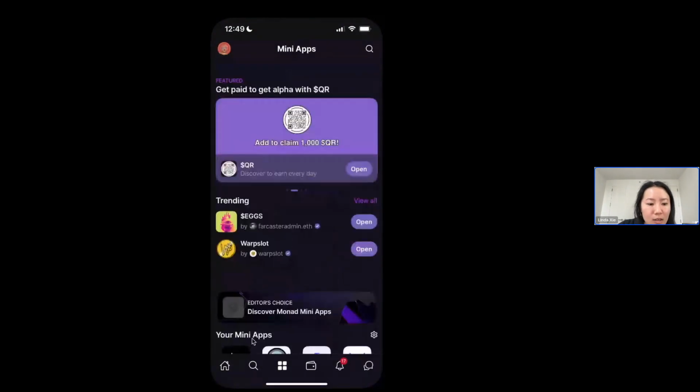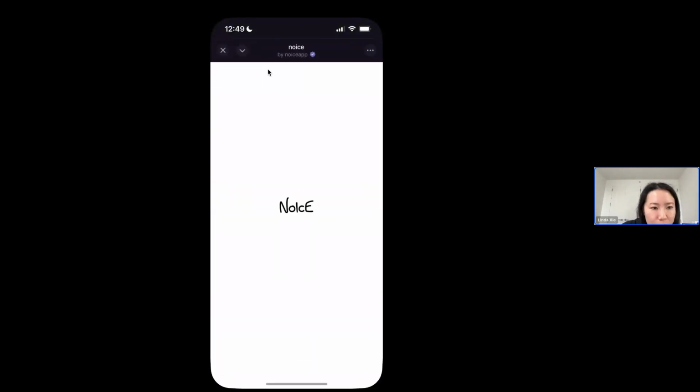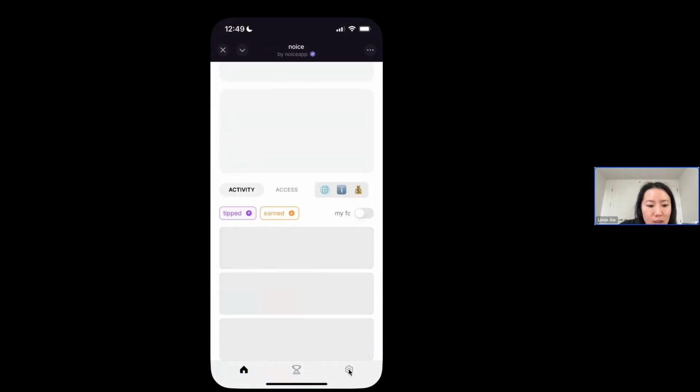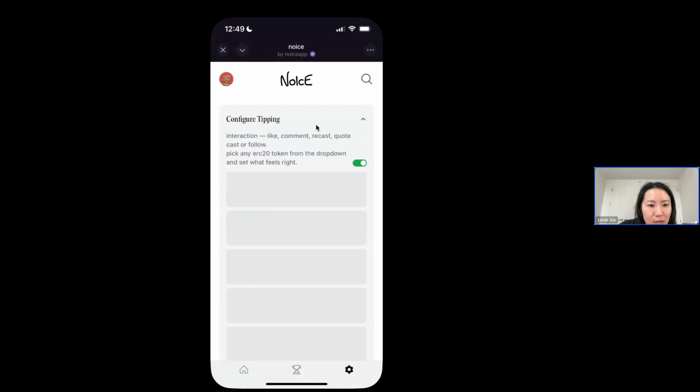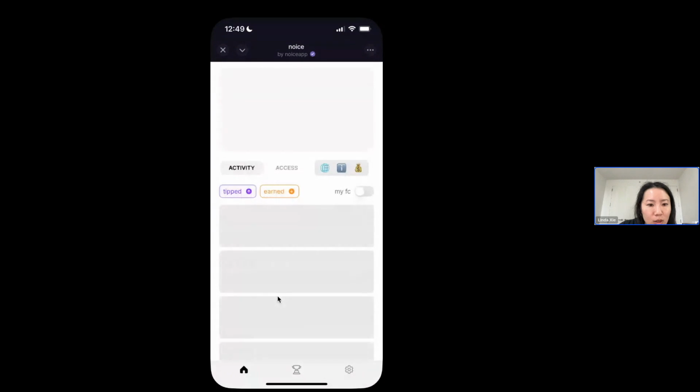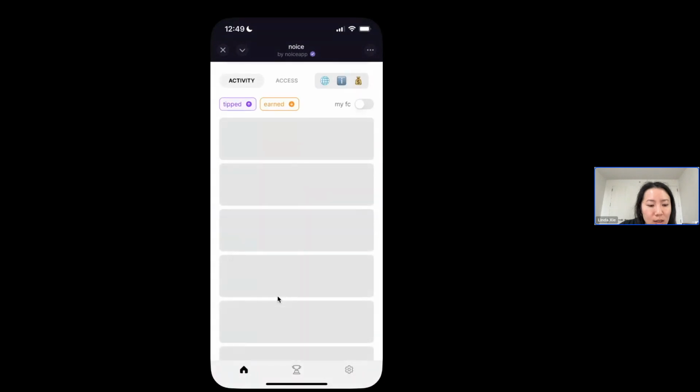Let me just briefly show what it looks like, so you can actually see how much everyone's earning on the network. For example, I can configure my tipping here, so everyone's receiving tips based off of what I'm setting things at.